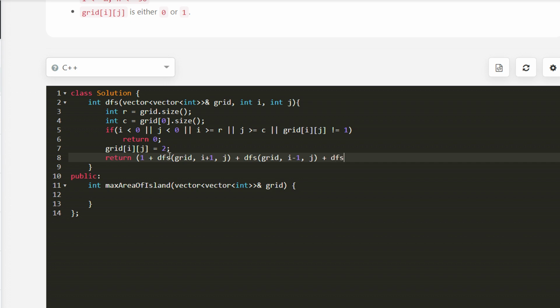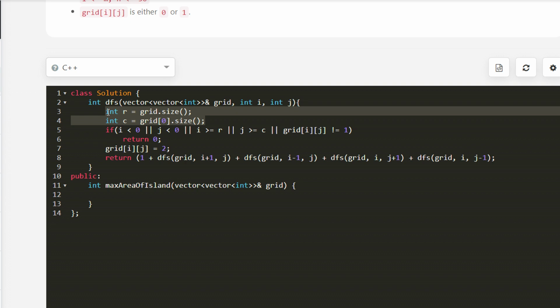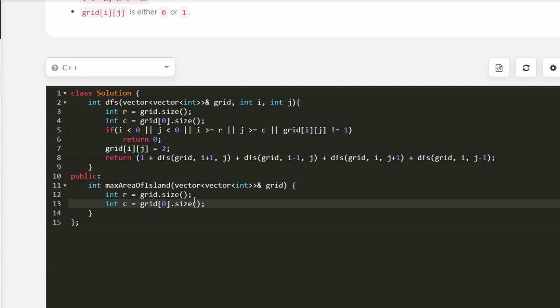So i plus 1 means bottom neighbor, i minus 1 means top neighbor. Then i j plus 1, that means right neighbor, similarly left neighbor. And this function is done. Now the main function, again we will need R and C for running the outer loop, for triggering multiple DFSs,